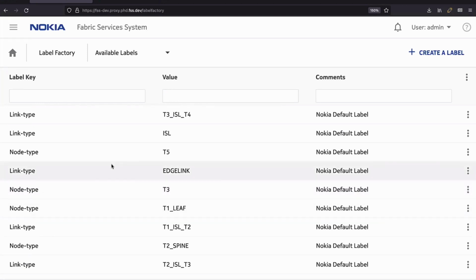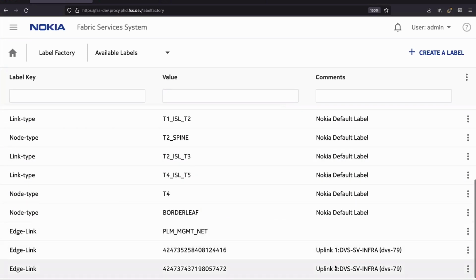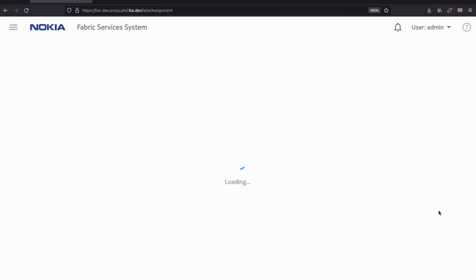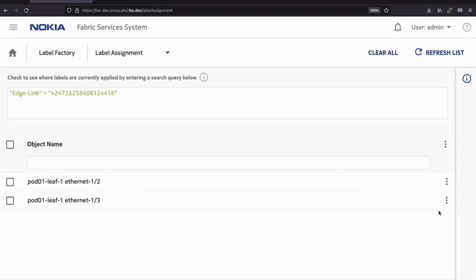In this case, you can see at the bottom that I have edge link labels. And these are clearly the ones that are coming from my DV switch in VMware. It's an uplink for the first one for my DV switch, and then a second uplink. And if you look at these labels, my plugin already identified that these 2 edge links, these 2 ports, are in use. And for ease of use in my lab, hypervisor 2 is on Ethernet 1.2, hypervisor 3 is on Ethernet 1.3, always. Makes it easier to correlate. So you can see that the plugin has pushed this inside those labels.